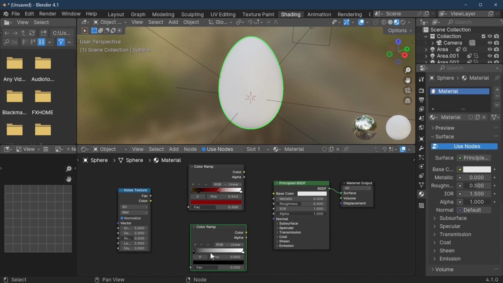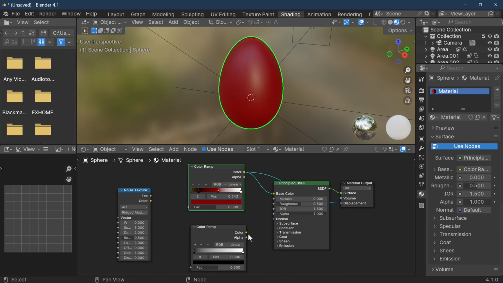And what we're going to do now is start joining some things together just to make this work. I've also got this here on the noise texture, but we're going to use a 4D noise texture and a rigid multifractal texture. So we've got our rigid multifractal texture, and we'll join all these things together. So I'm going to go from colour here into the displacement. I'm going to go colour into the base colour,